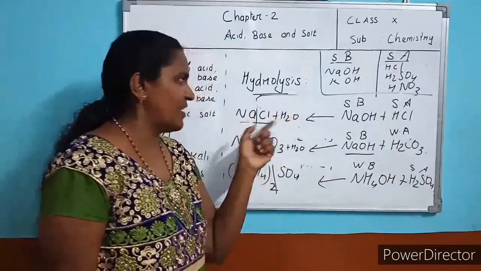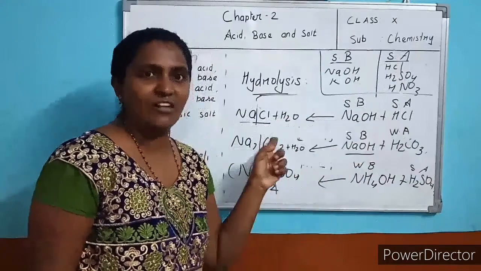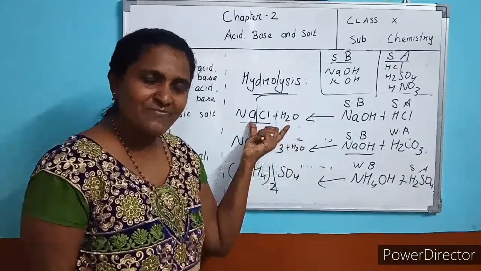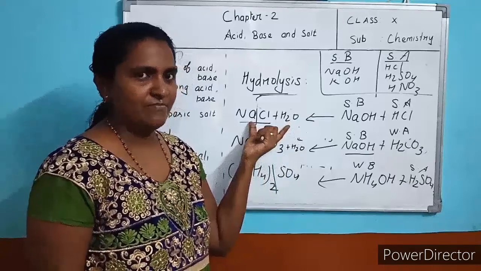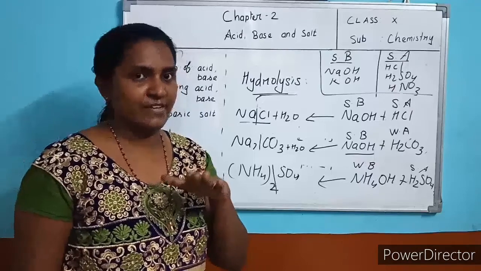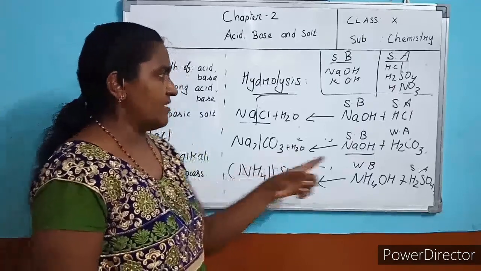The solution, because you have added water, no? Base with acid gives salt and water. Salt along with the water. So what type of solution is it? Neutral. For a neutral solution, what is the pH reading? It shows 7.